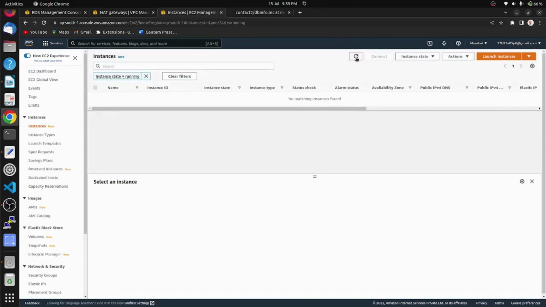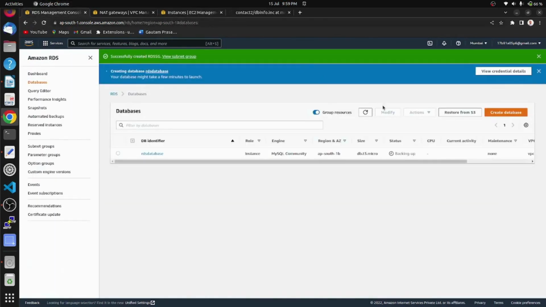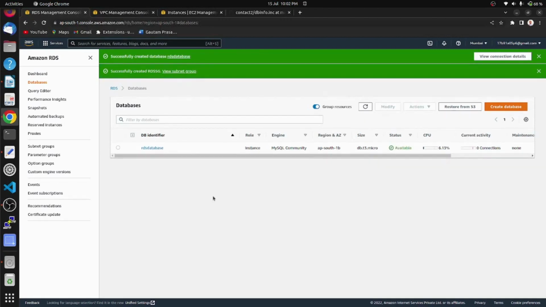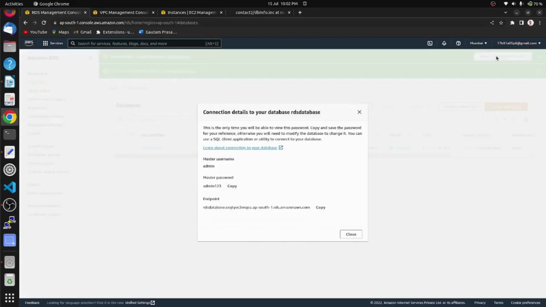It takes some time to be available. Let's check our RDS, it is available or not. It still is in process. Let's wait for it. Now our RDS database is available. So view connection details, copy our endpoint,